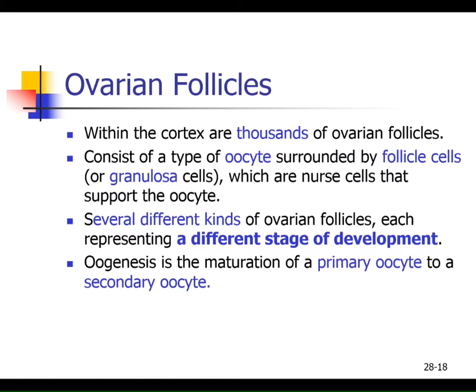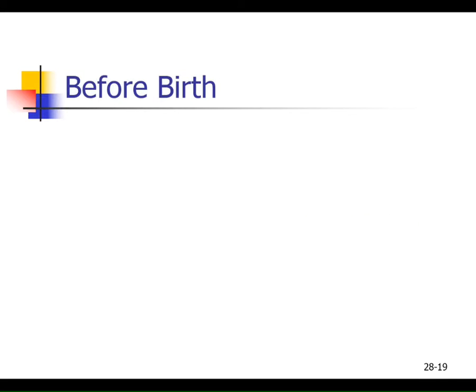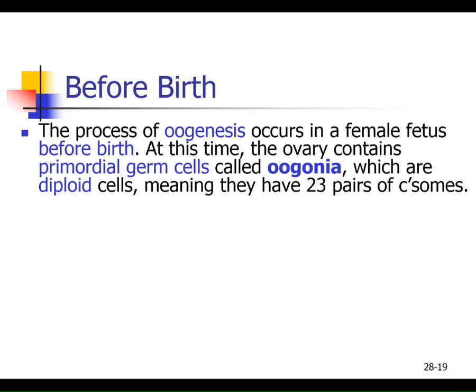And what we're going to form is we're going to go from a primary oocyte to a secondary oocyte. I'm not going to quiz you on that, but I know you'll see some of that language in the Amerman book or in your textbook. We're moving through this series of development, and I'm not going to ask you to differentiate all these different stages. Now, as I've said, before birth, the whole process of oogenesis has already started, and it starts with cells